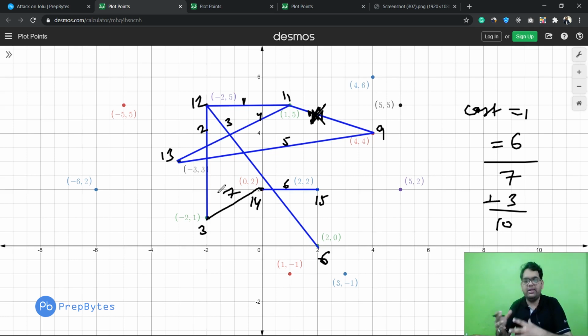Fine. So what we did, we first connected the non-encamped houses using DFS. We found out how many connected components there are, and we made a single graph. Now on that single graph we need to perform MST, and using MST we get the minimum number of roads we require, and we calculate the cost. Now we got the cost. 7 is the cost for this, and for this 3 was the cost.